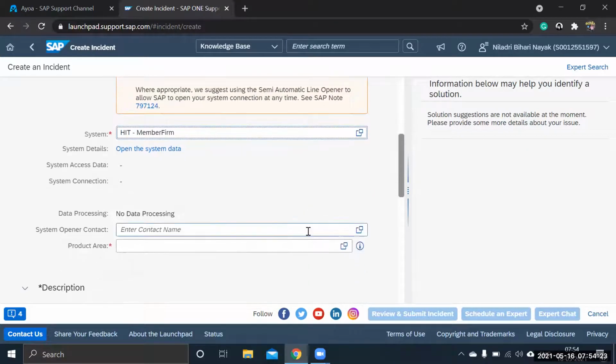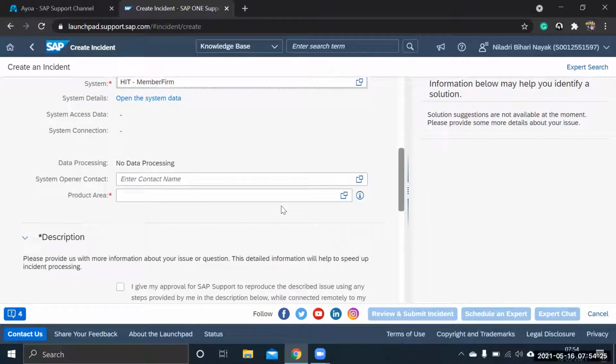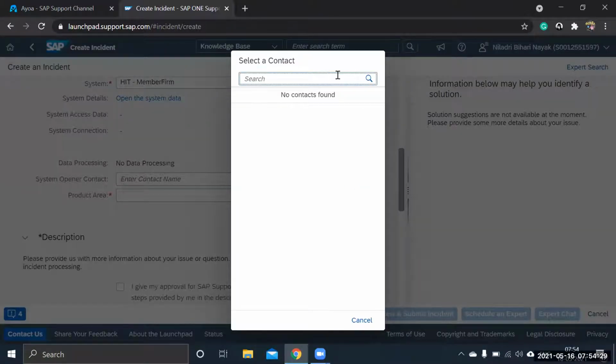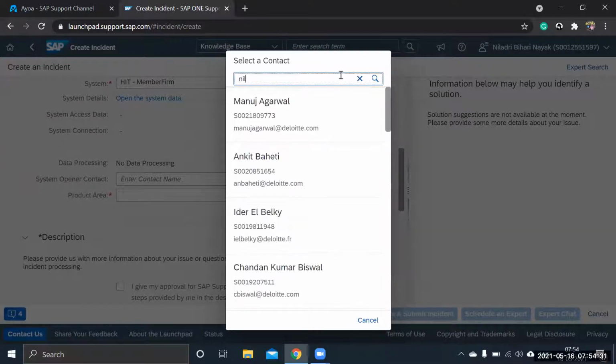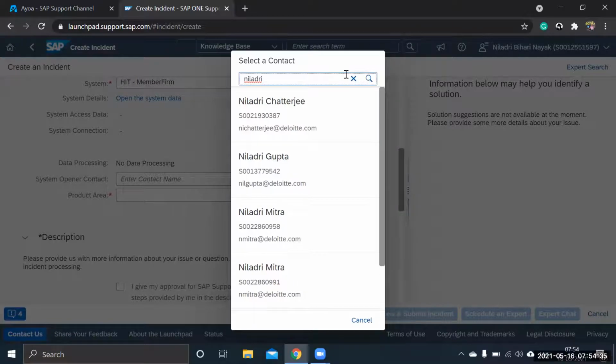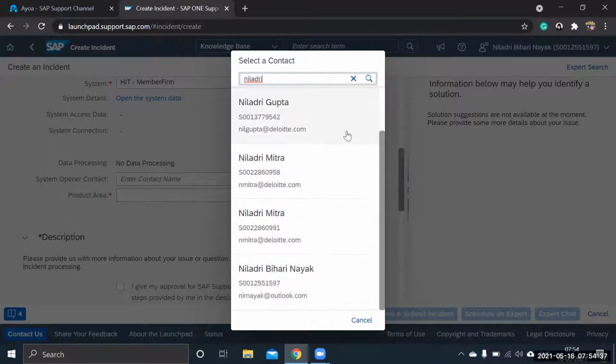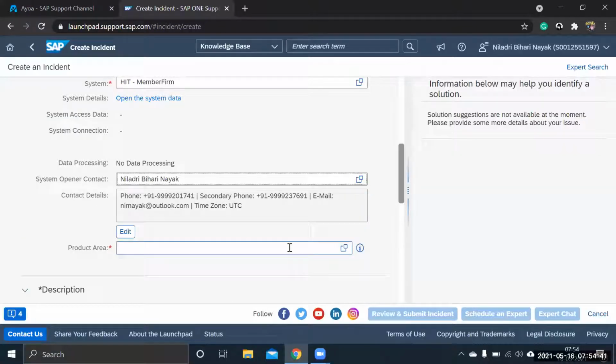Then the system opener contact, that will be your primary contact. So here I will put my name. As soon as I put my email ID, my phone number will come.